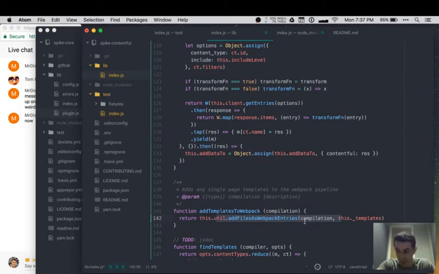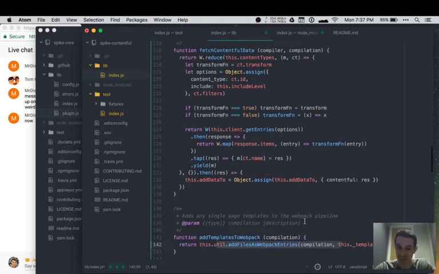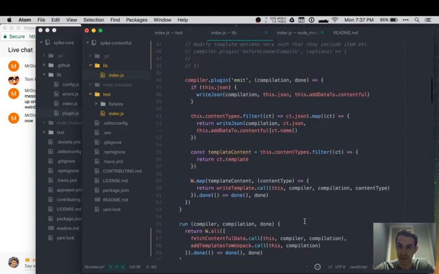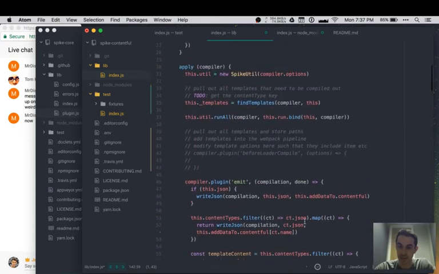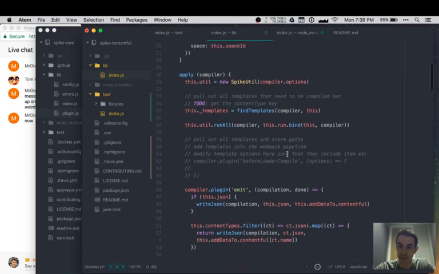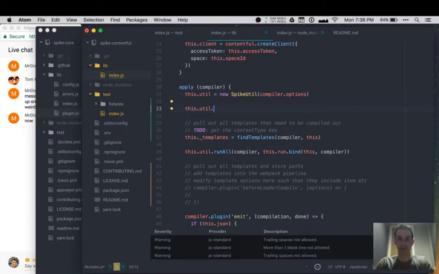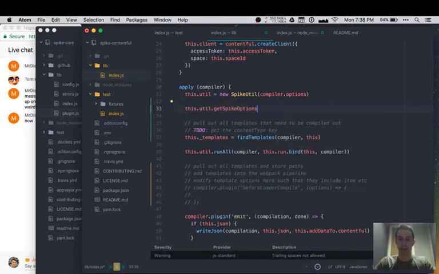Now, we could add them in. We definitely could add them in because we can get the Spike options. And in fact, we do that. You could just run this .util.getSpikeOptions, and that brings back the Spike options. And these are mutable. So if I mutate these options,